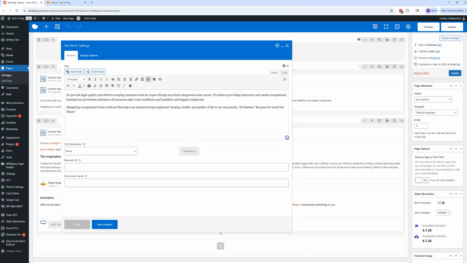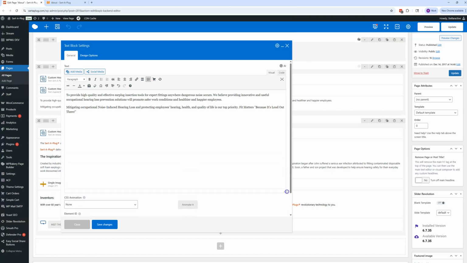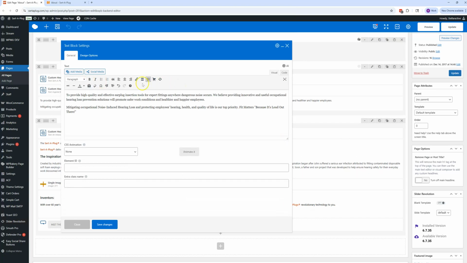You can make yourself more room in here. Sometimes you'll have a lot of text and it's nice to be able to look at all of it at once. You'll see some very familiar text formatting tools similar to a Word document. You can make things bold, you can make them italic, you can add a bulleted or numbered list. You can align the text different ways. So let's say we wanted to